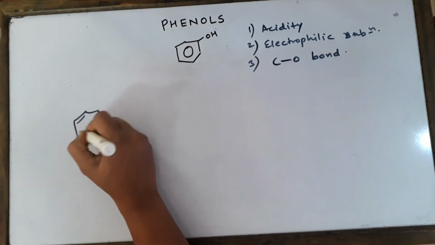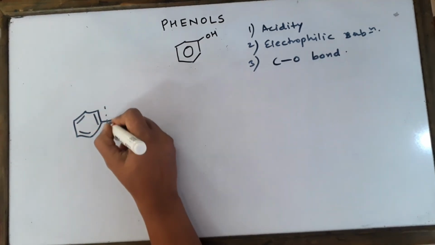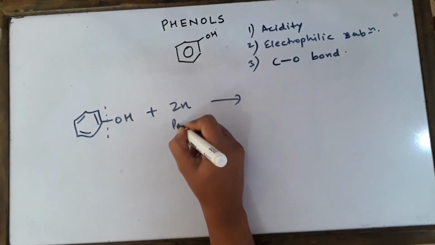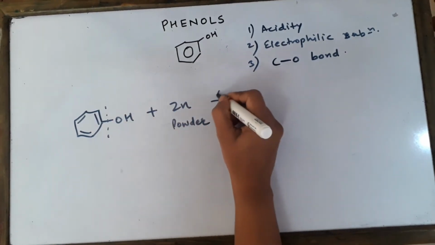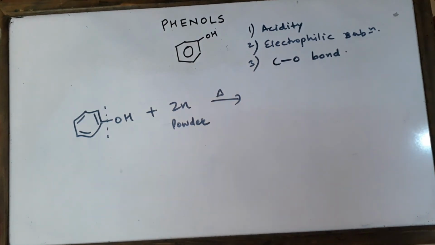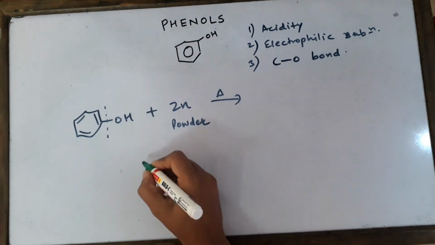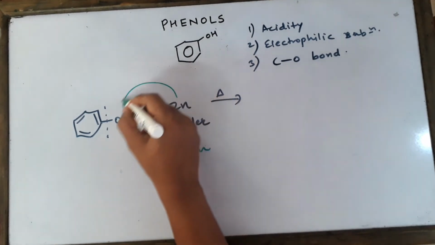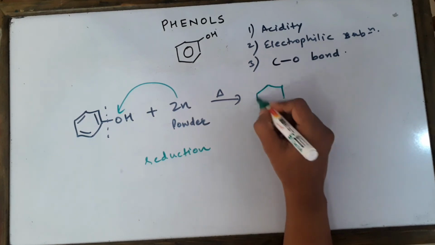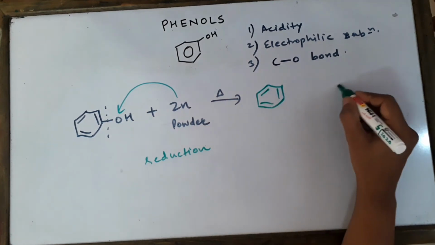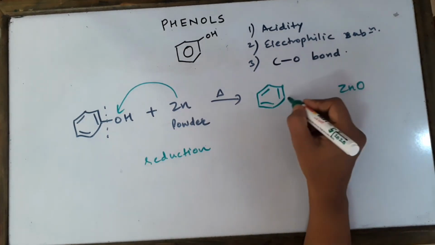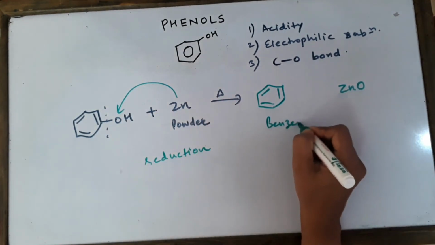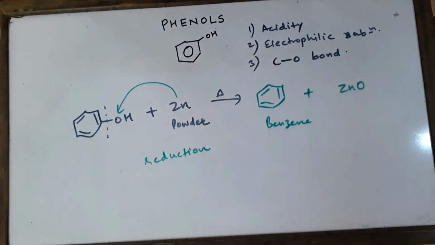Now in the last category of reaction, the carbon and the oxygen bond of phenol can be broken by using zinc powder or zinc dust. You're just going to heat phenol with zinc powder. This kind of reaction is going to be a reduction reaction, so I'll just write down reduction. Zinc is a very positive metal, it has a strong affinity for the oxygen atom, so it will take away the oxygen and will become ZnO, and the hydrogen is going to remain there itself. So benzene is formed in this reaction. That's all from this video.